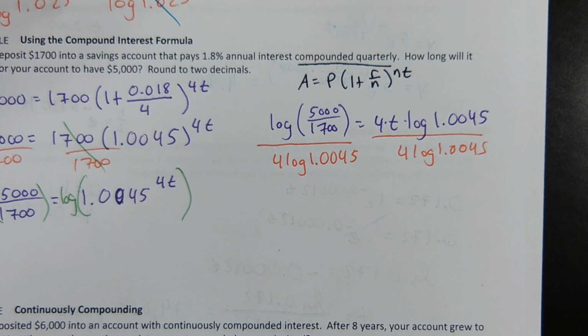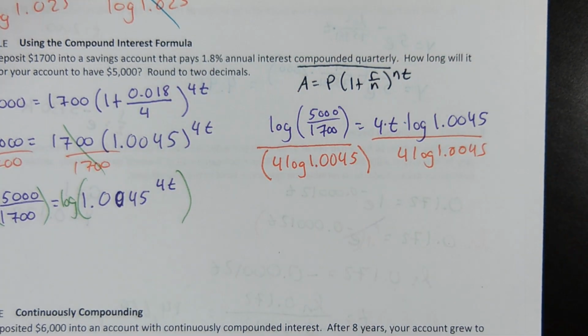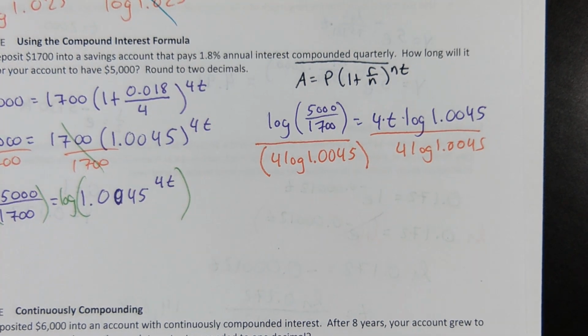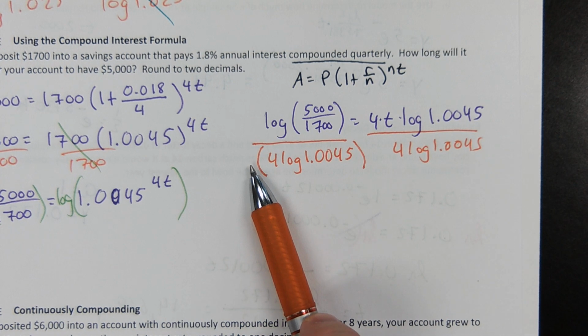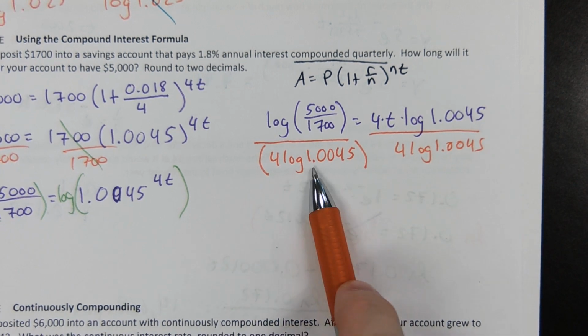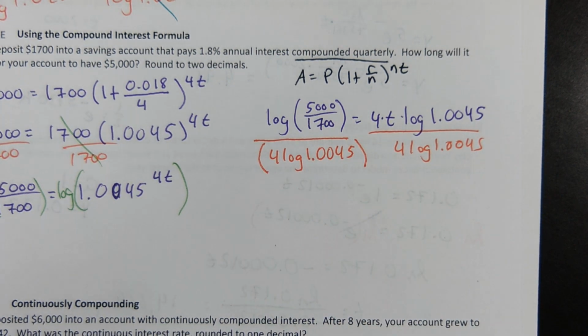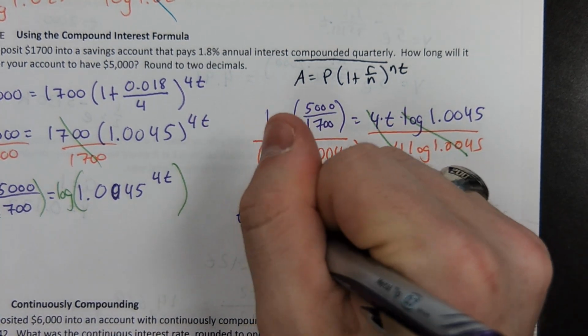And you know what I'm going to do? You're going to put parentheses around that when you type it on your calculator. That way the calculator understands that there's a multiplication in the denominator of that fraction. If you don't use parentheses when you type this, it's going to do this log divided by 4. It'll get a number for that, and then it will multiply your answer by this log. That's not what you want. You want it to divide by it. So let's see. The 4's cancel, the logs cancel, and it gets me t equals